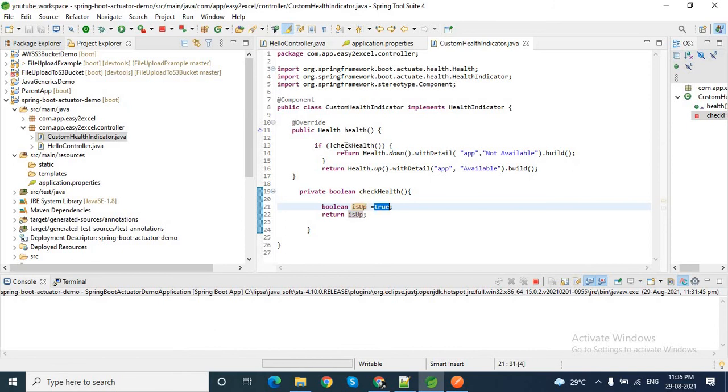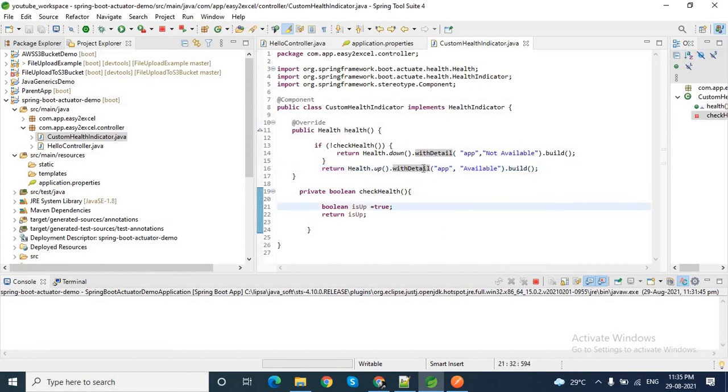Now I check, if not checkHealth, then return Health.down with details with this message. Up it will accept two parameters: app, then not available. The application is not available, that means the application is down. Then build. And if this returns true, that means the health is up. So Health.up with detail app available.